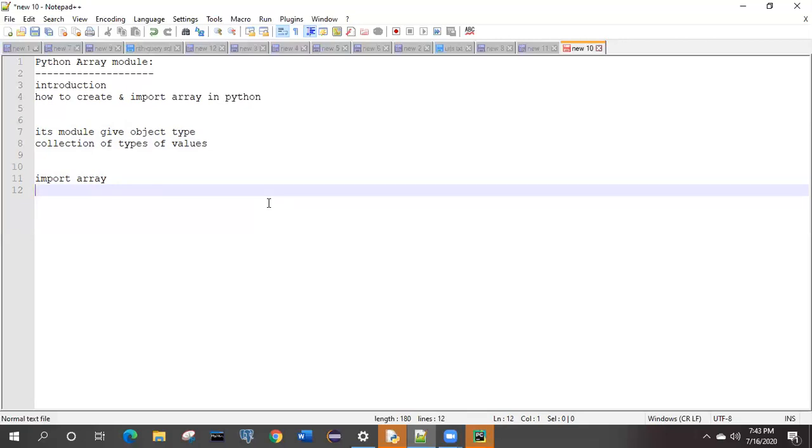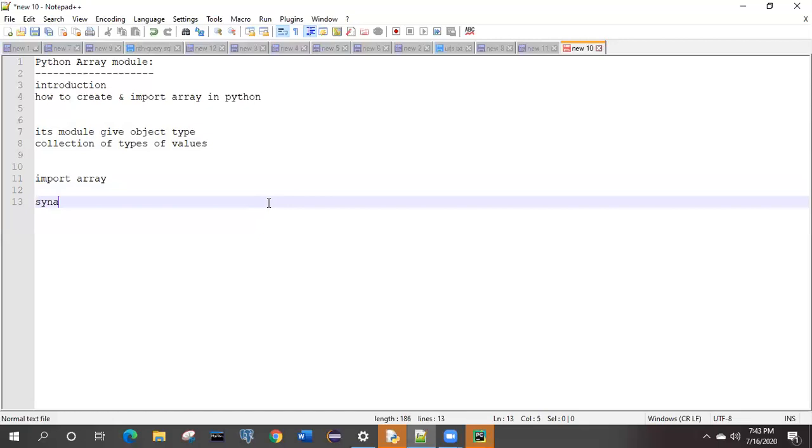But we have seen that if we have imported this module, now how can we make use of this in our program? There is some syntax to create the array.